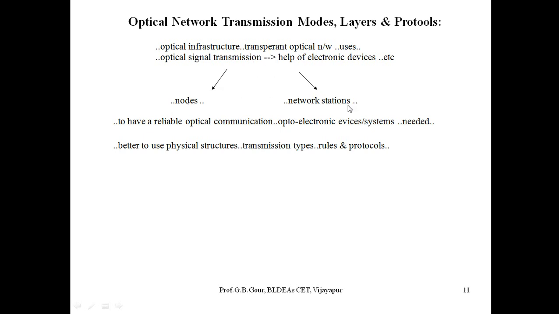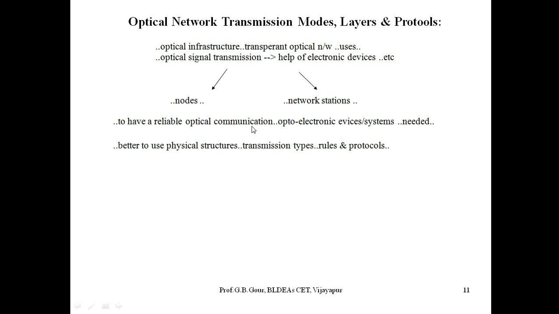So we basically divide the discussion of optical or electronic transmission into two types, nodes and network stations. Nodes are useful in interconnecting with each other and forming the networks, whereas network stations provide the interconnection between the different networks. Remember the difference between nodes and network stations. A network is formed by the interconnection of nodes. There only the role of nodes is over. It is a limitation; they cannot go beyond the network. But once the network is formed, interconnection between the different networks is done with the help of stations.